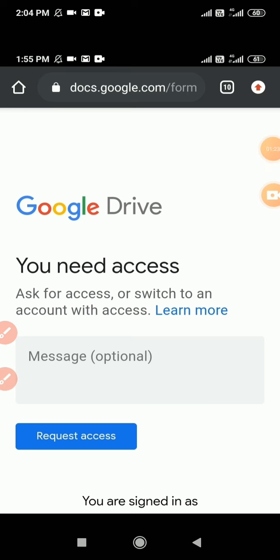After clicking on request access, the request will go by mail to the email ID of the owner to grant permission to edit. Now we have clicked on request access. Now I will show you how it will appear in the email ID of the owner.